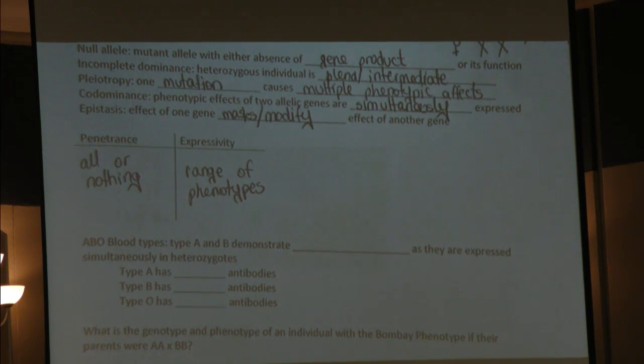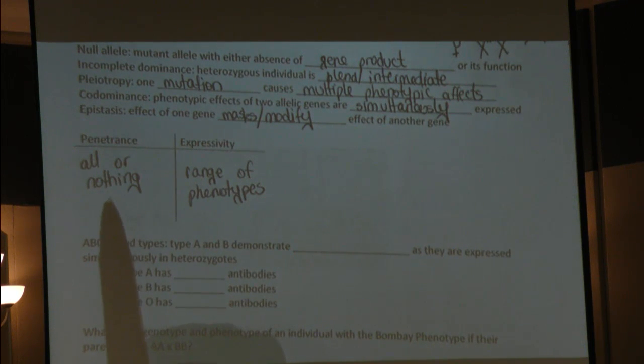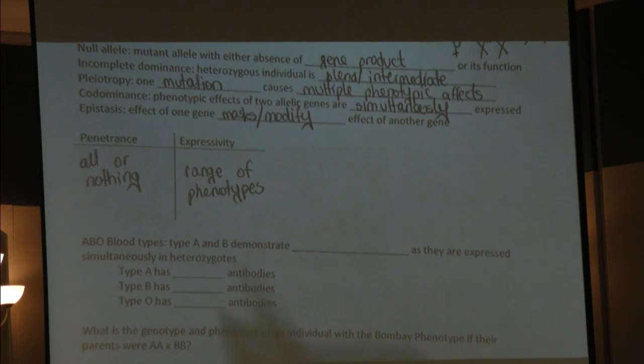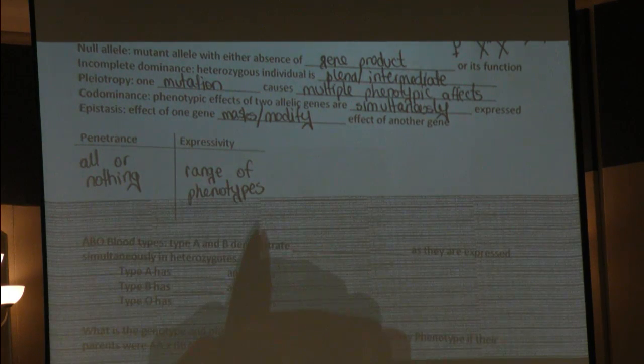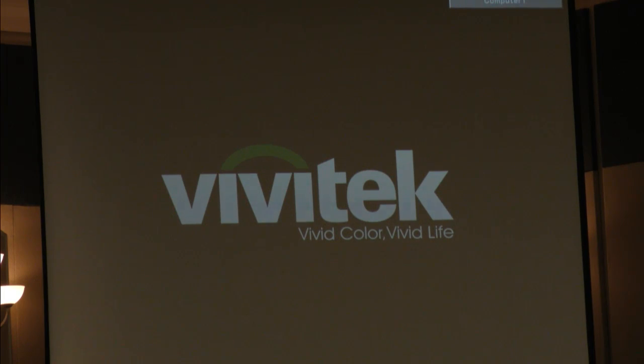I know that the gene that they discovered on the genome for human breast cancer is variable penetrance. So that means everybody has the gene, or all females have the gene, but sometimes it hits you and sometimes it doesn't, and they don't know why. So that's an example of incomplete penetrance. So everybody has that gene, but not everybody gets cancer. And expressivity is kind of similar to incomplete dominance, but in incomplete dominance you only have